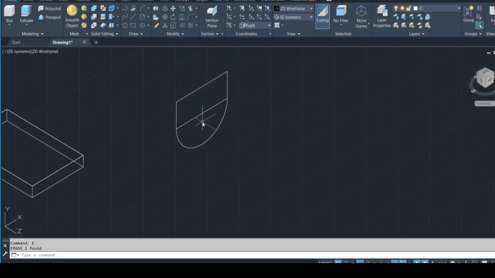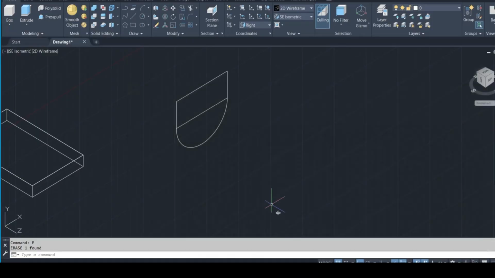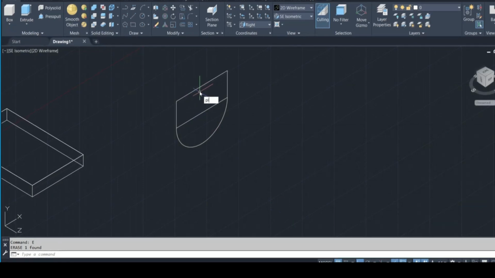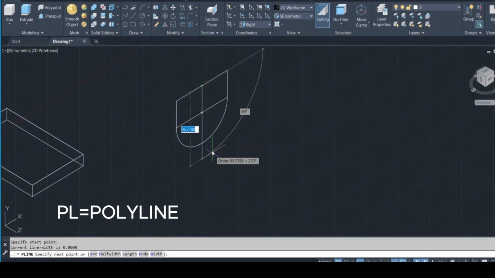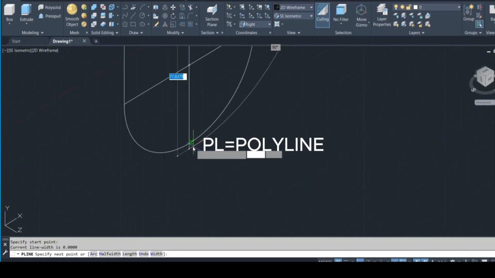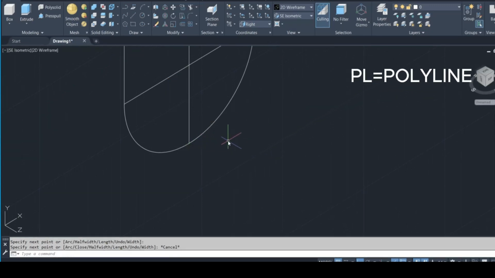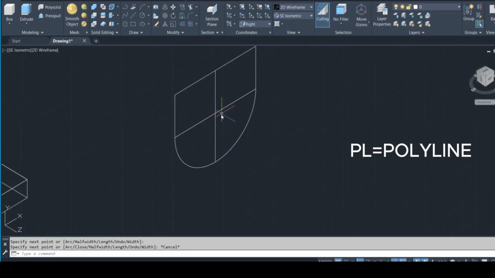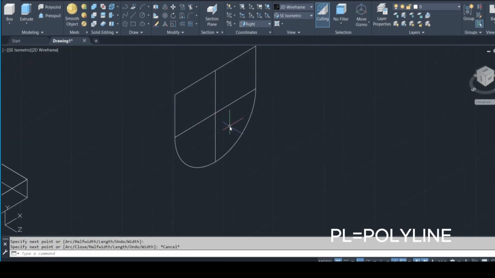Now we have this. You notice that a line was drawn across to show that point is like a center point. Let's confirm by writing polyline, PL for short. So let us pick this and put it to the edge of this point, which means I've gotten this one. Now with this, we want to see how we can